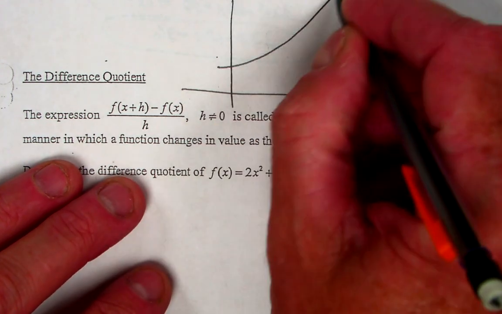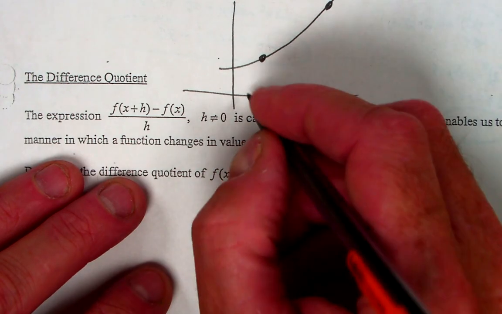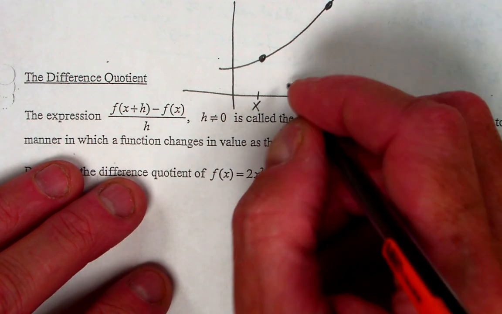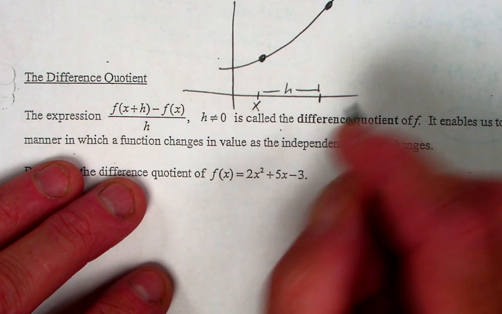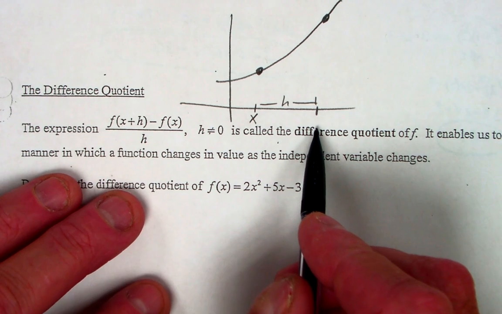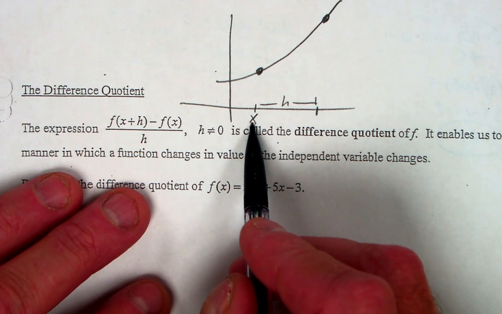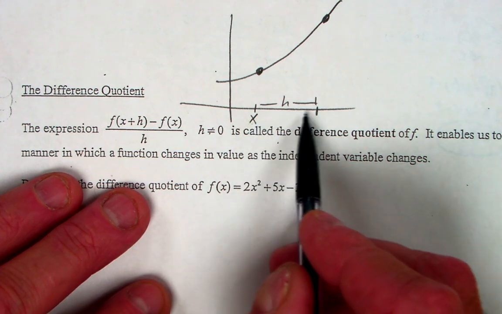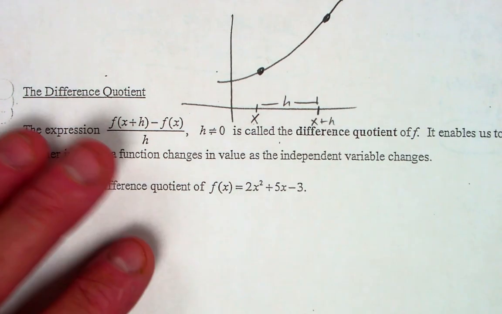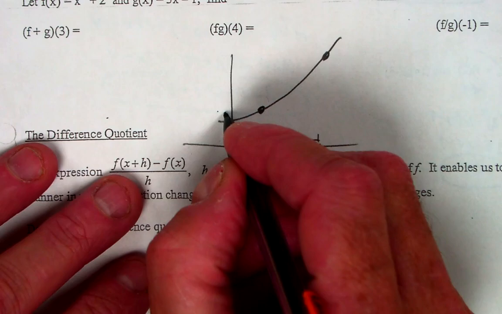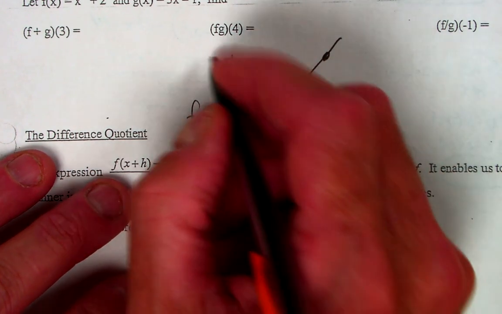If I have some function, this is x, and this is some value h, what would this value right here be? I started at x and I went h units over. So what's this? x plus h. Good. This value right here is f of x. This value right here is f